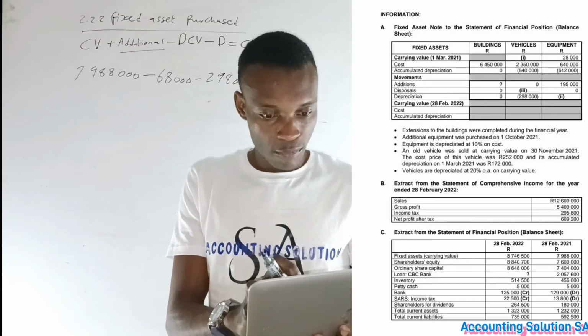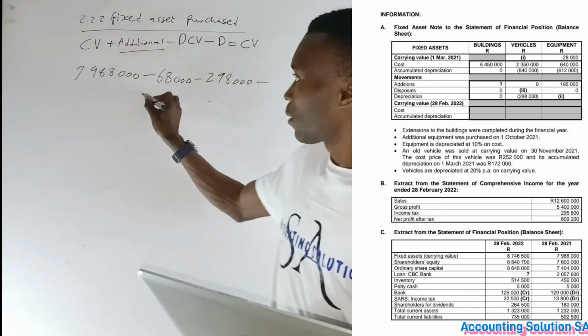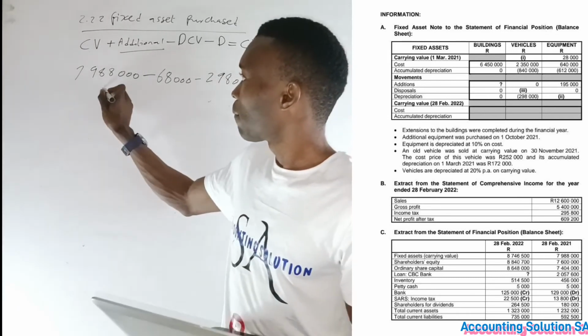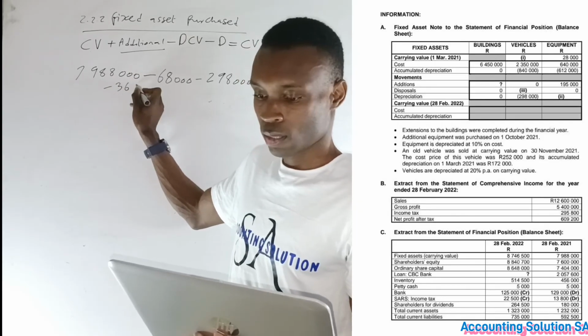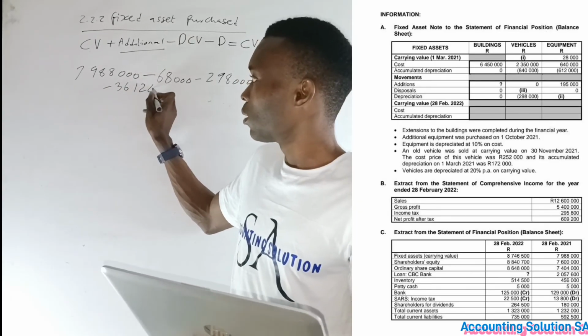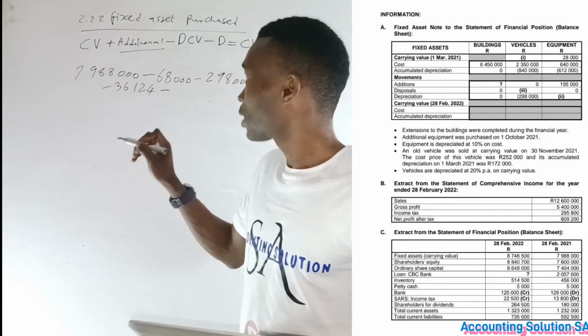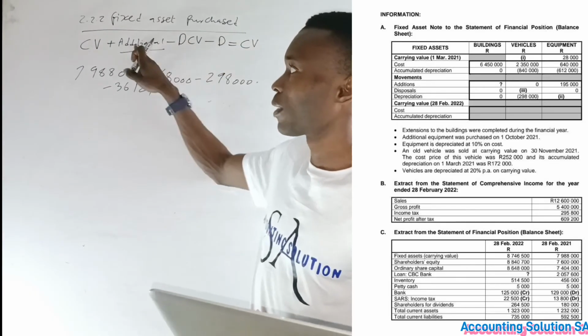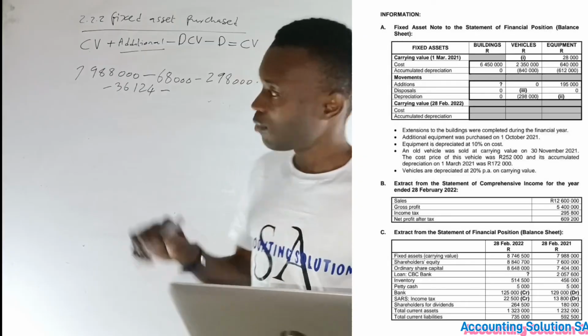Okay, Roman figure number 2 we get a depreciation of, okay, let me subtract this side, minus 36,124. Alright, then the last one we subtract current value so that we can get what? Addition. Okay, current value at the end is gonna give us